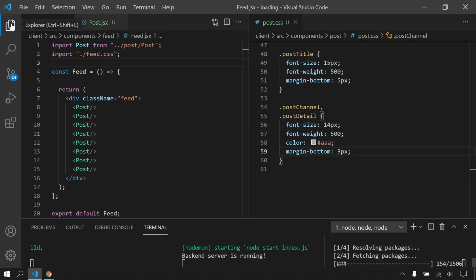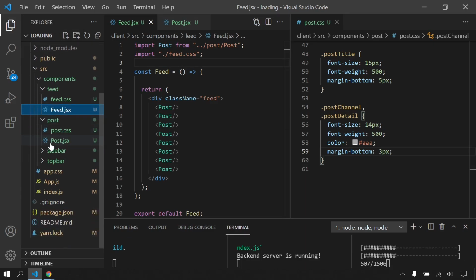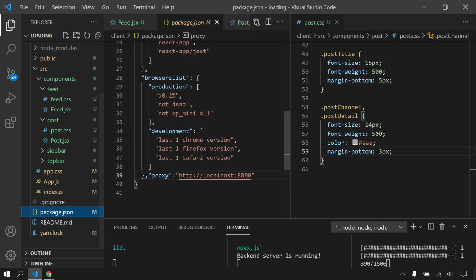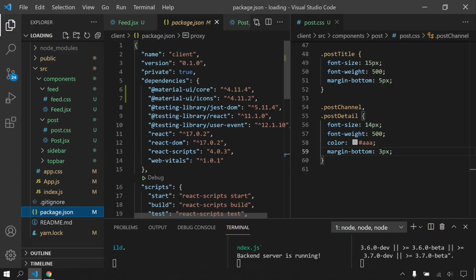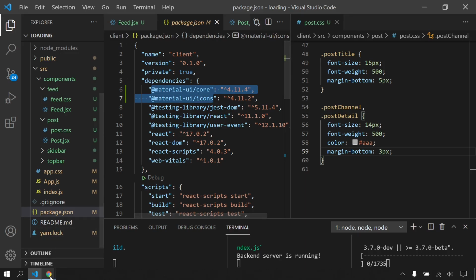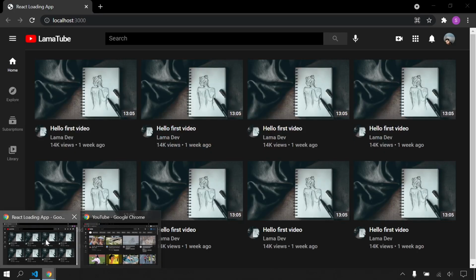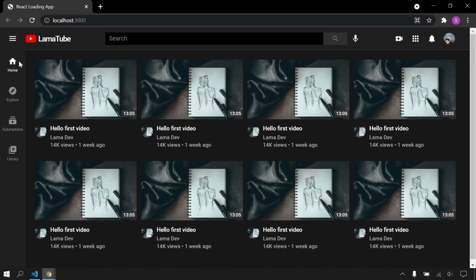By the way, let's see which libraries we are using. We are gonna be using this Axios, and additionally we are using Material UI Core and icons. And here, as you can see, these icons here and here on the top are coming from this Material UI.